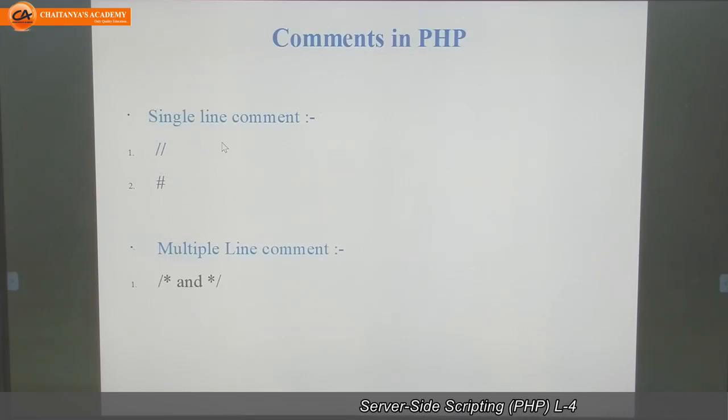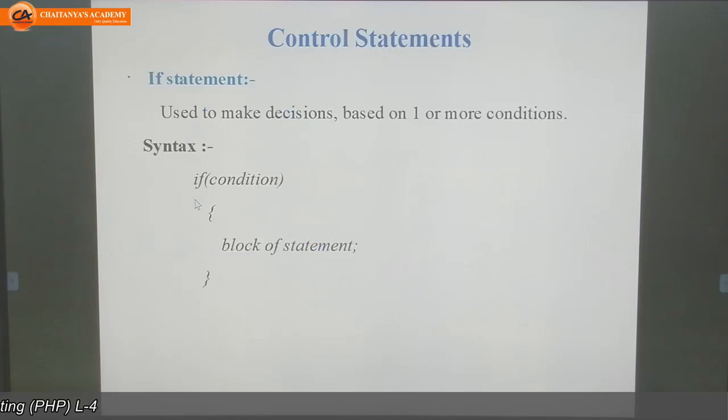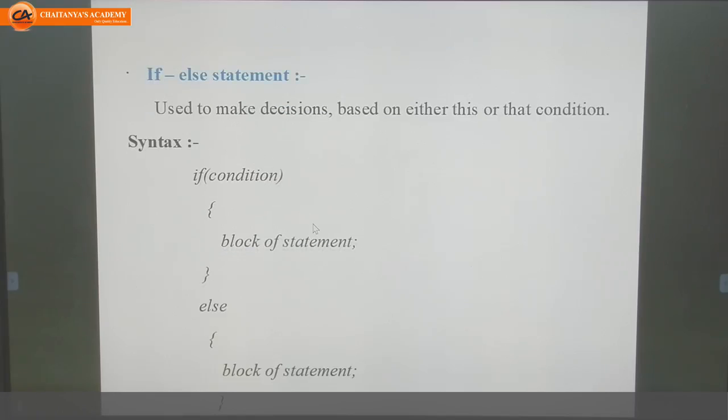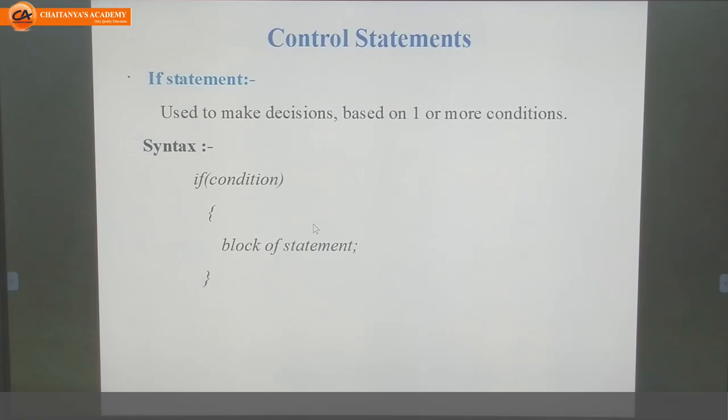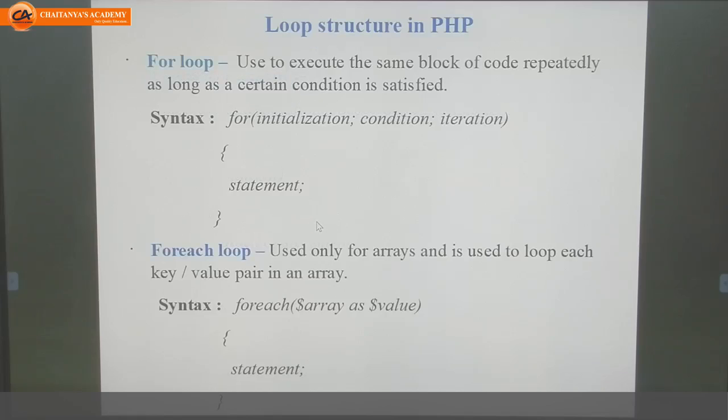Comments: if we want to write an informative line which will not be included in execution, then we need to use comments. How to declare comments? Next, control statements. In your syllabus you have only the if else statement as a control statement. Next, loop structures.